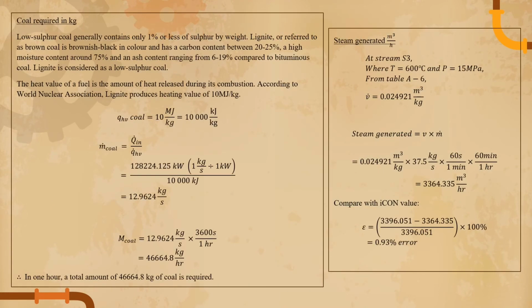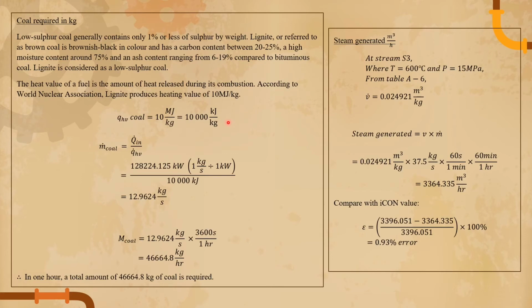Using the data obtained through manual calculation, we calculate the amount of coal required in kilogram. We have to first assume what type of coal we're using, and since the requirement asks us to utilize low sulfur coal, we assume that the coal used is lignite. According to World Nuclear Association, lignite produces heating value of 10 megajoule per kilogram, which is equal to 10,000 kilojoule